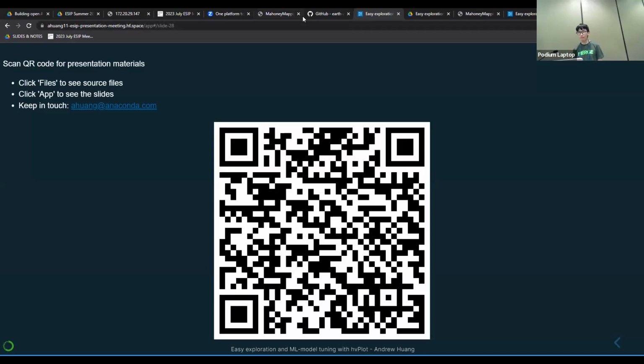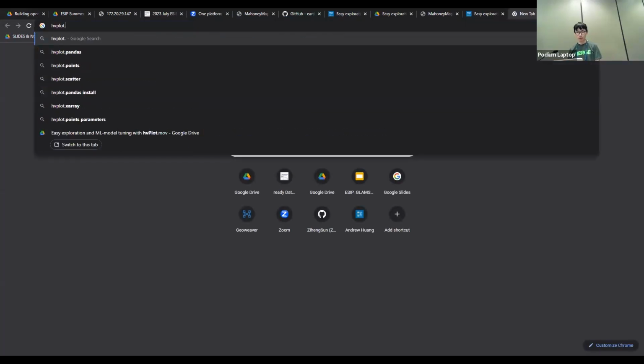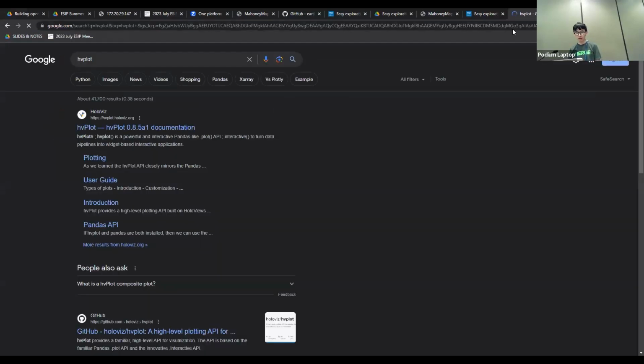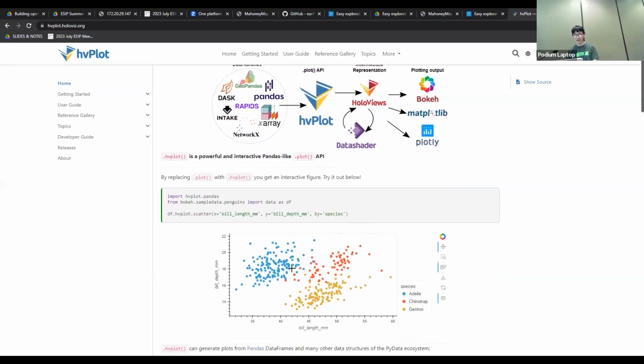Could you summarize the difference between hvplot and matplotlib? Yeah, so hvplot uses matplotlib or Bokeh in the backend. And hvplot is actually even higher level than, let's see, hvplot docs, I think. It's built upon HoloViews. So here's a graphic. It can even use Plotly. So HoloViews is like the mid ground, and hvplot is like the high ground, or the highest level.